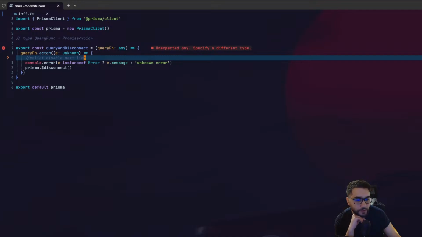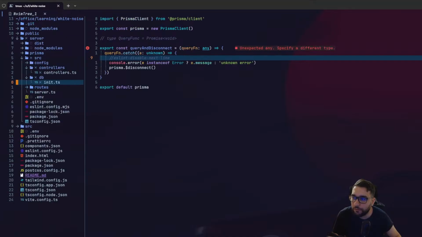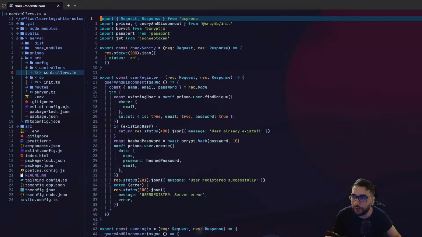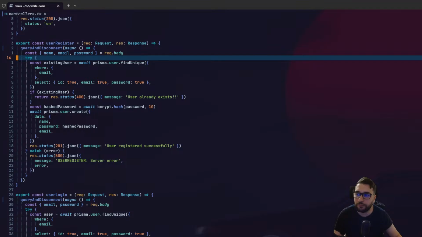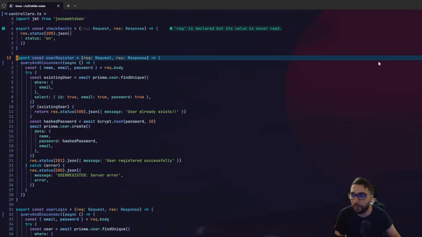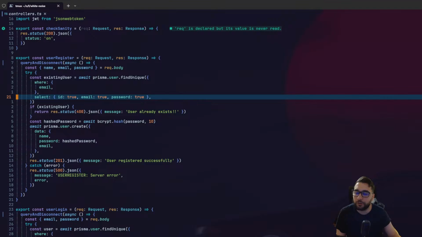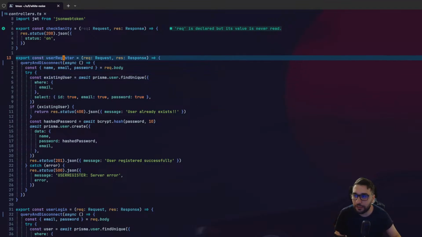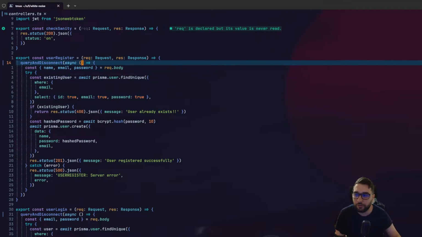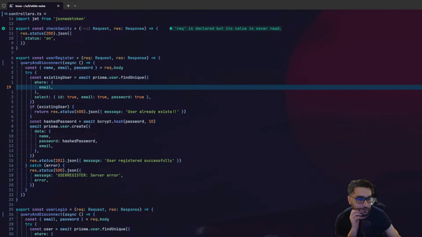Nice. A function should only do one thing. The only thing that you need to understand for this function is that for my controllers I needed to connect Prisma, and for Prisma I needed something like this to connect and disconnect, so I don't have any problem with my req and res function, because user register doesn't accept to be async, because then I will pass it into a router. So in this case, I need to do it like that. I needed a name of a function that I may use to save myself in this position.